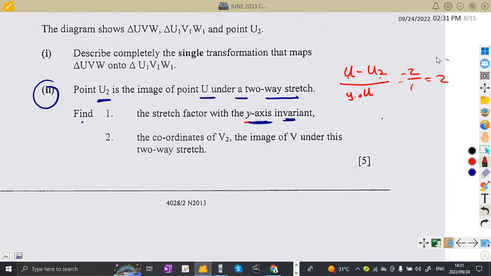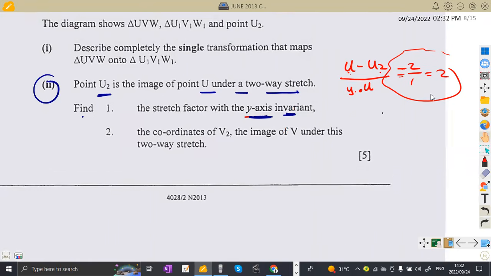Okay, anyways, this one needs someone who actually understands transformation. If you understand transformation that way, you can take it that way. But let's say you do not understand this transformation to that level. What can you do? Remember, this is a two-way stretch. So you're going to use this concept here. We actually know that